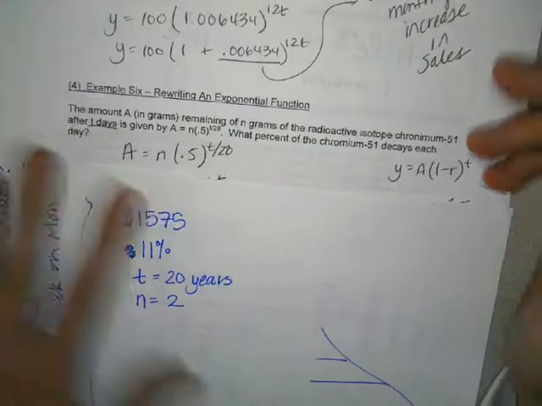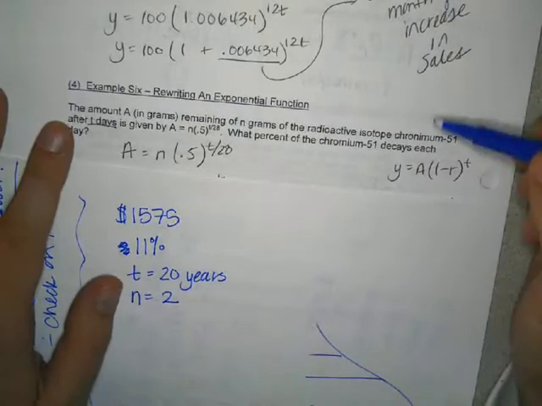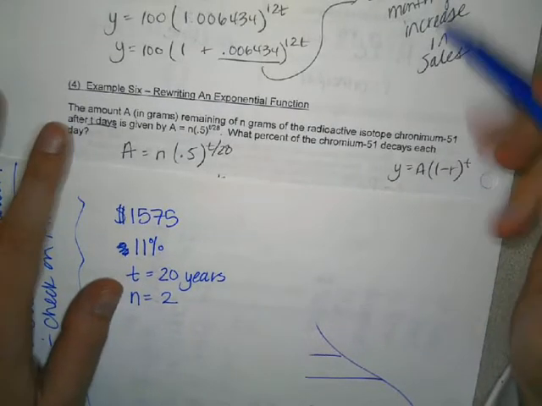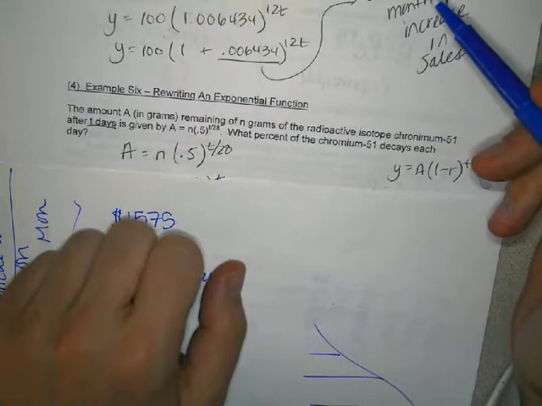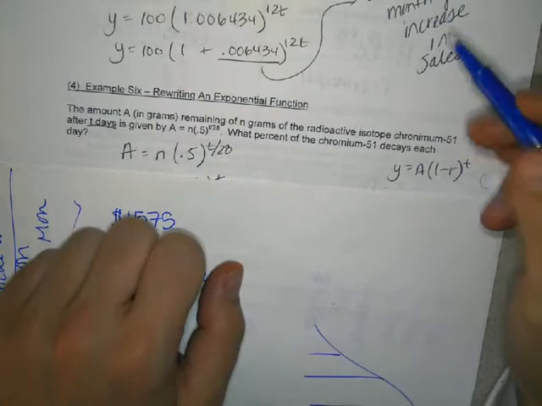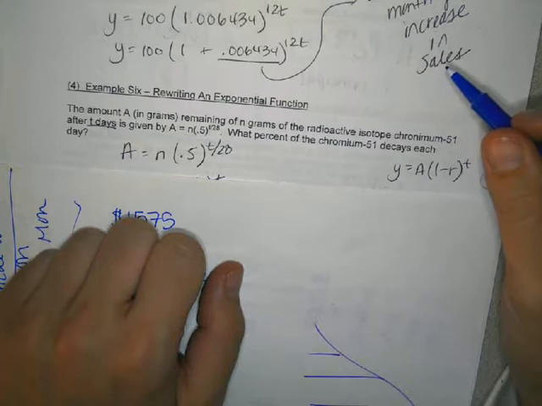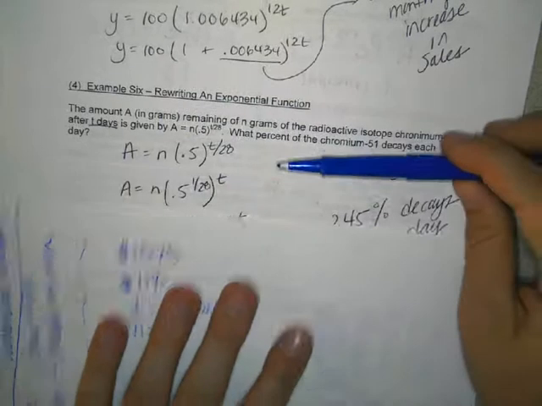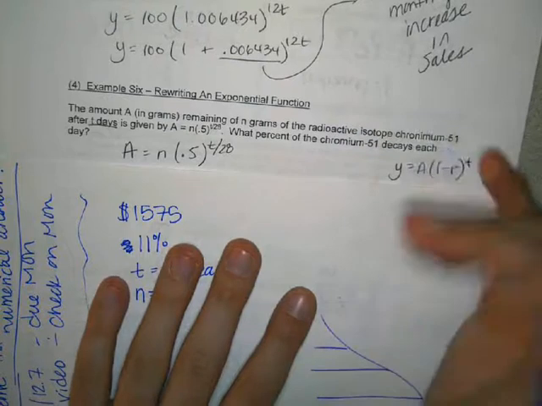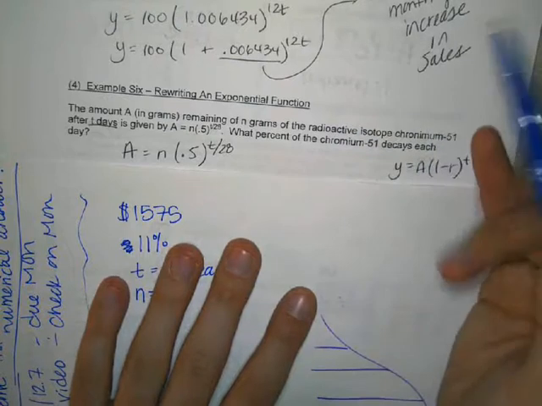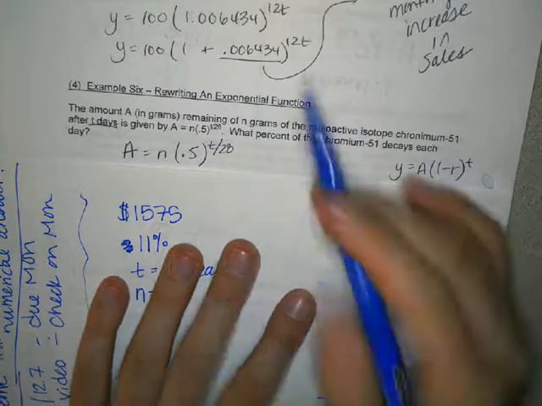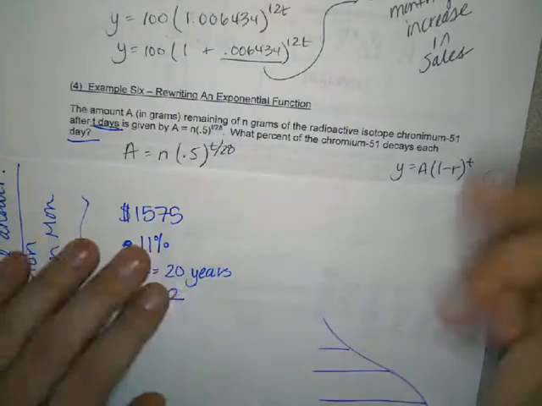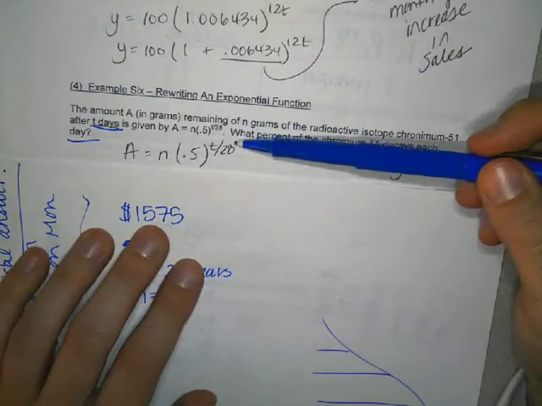Okay, here's another example. The amount in grams of a radioactive isotope after t days is given by this function. What percent of the chromium 51 decays each day? Okay. Notice that our variables are the same. We have days, so I don't have to do anything funky with the exponent here,